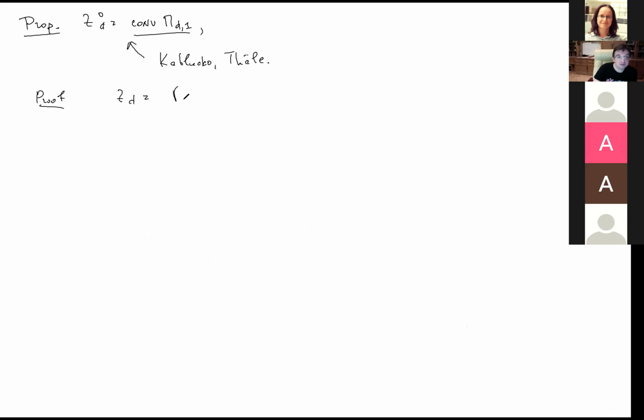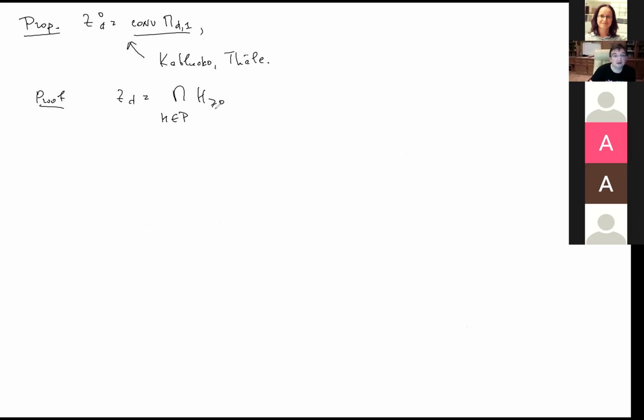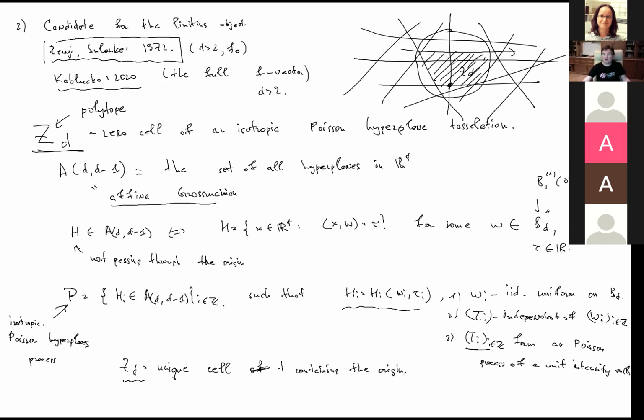So ZD, this is an intersection of half spaces over all hyperplanes H in the Poisson hyperplane process in this P, such that H contains origin. So see, this is a simple definition of a zero cell, right? This is an intersection of all half spaces containing the origin. So in our case, for all planes, we take only half spaces containing the origin,